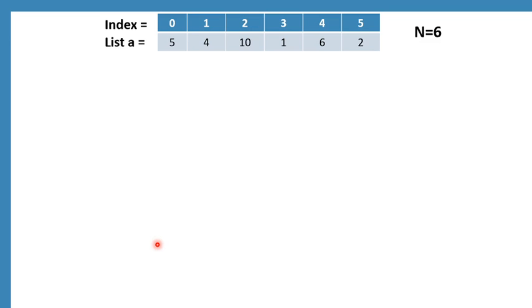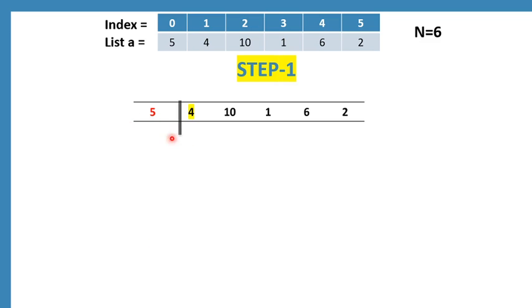Okay, now in step 1 we have already divided the list into two parts, sorted and unsorted. Now students, please note that here you can say that it is very easy, we will directly swap 5 and 4. No, we will not do swapping here. Sorry, we cannot swap 5 and 4. What we will do is just right shift the value.